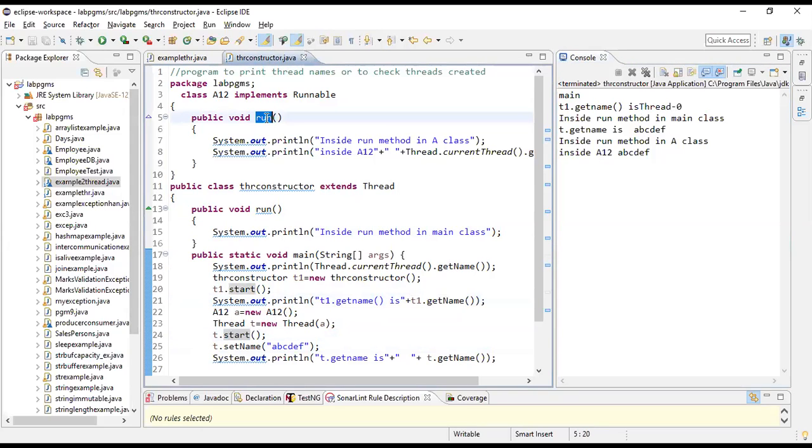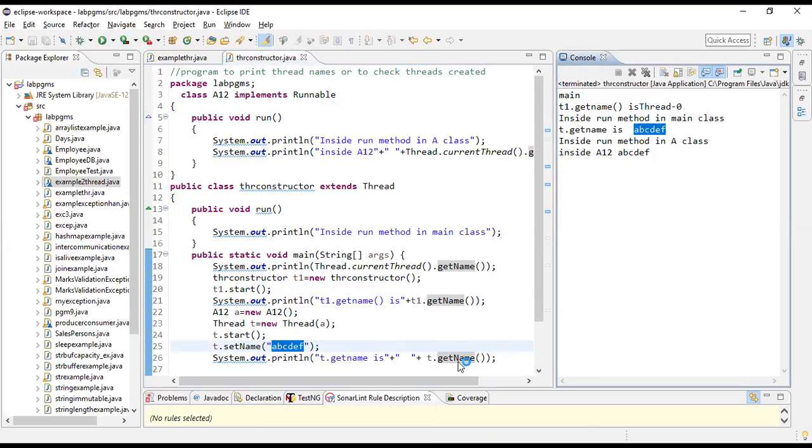So this run method is called, right? Now again there are two chances: this can be executed as a whole and it comes back, or it can directly execute this and go back and execute another thread also. Now what is the next statement you got? See here, setName abcdef is done, then it is printing t.getName. So this is not the default value, you have set the name of your thread, that is your thread 2. What is the name of your thread 2? abcdef. So you are printing it as abcdef, right?